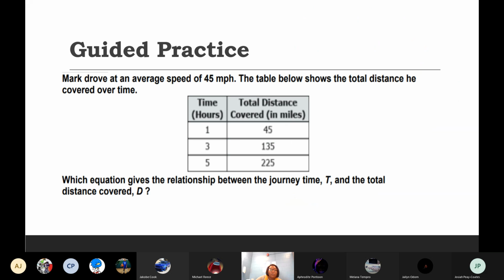Okay, so our next guided practice says Mark drove at an average of 45 miles per hour. I'm going to annotate this. I'm going to underline. The table shows the total distance he covered over time. So when he drove for 1 hour, he went 45 miles. Then when he got to the 3-hour mark,